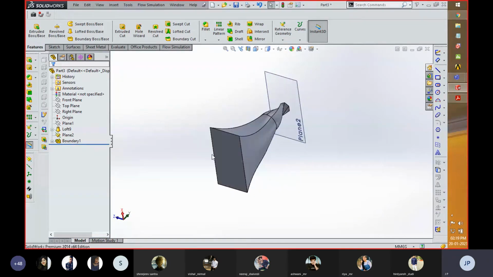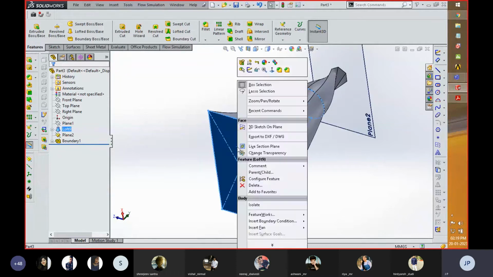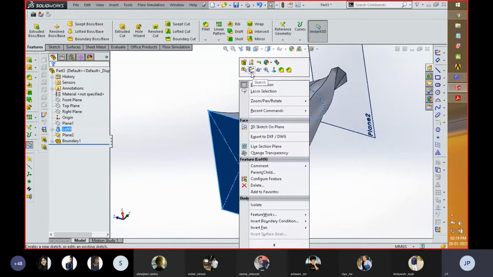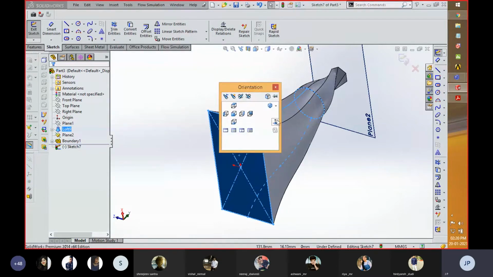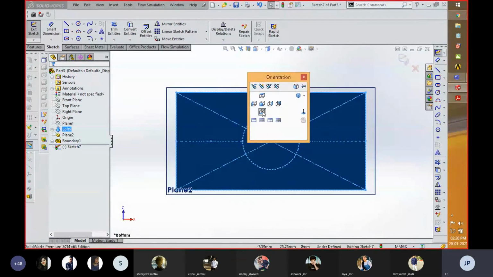So for that I am not going to delete this part. I am going to create a sketch over here. The advantage of this software or 3D modeling is that on any face you can create a part by right clicking on that face and then clicking on the sketch module. Now with respect to normal, you can press your space bar and then click on this icon. This keeps the component normal.